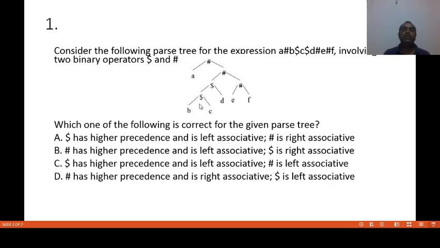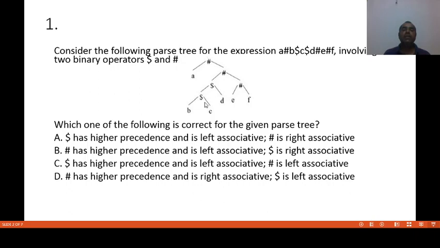Now another thing, we have to find out the precedence of dollar. We can see in this tree, first of all the dollars are evaluated. You can see here, first this dollar is evaluated, then this dollar is evaluated, then this hash will be evaluated, then this hash will be evaluated, and at last this hash will be evaluated.